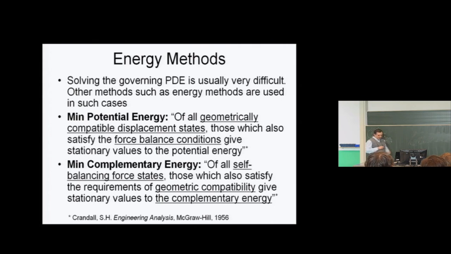We have 2 types of energy. In fact, we have a whole bunch of them, but the 2 of interest are the potential energy and the complementary energy. And basically, you can minimize either of them. Potential energy basically means you write your energy in terms of displacement. Complementary energy, you write it in terms of stresses or forces. And the theorems say, this is one way of stating them, that in the first case,